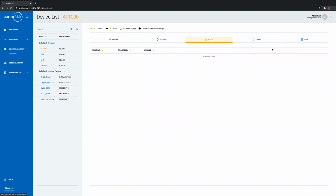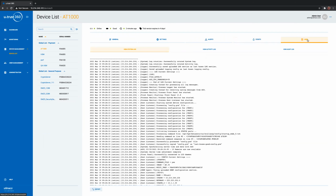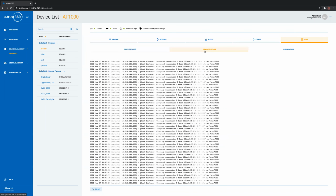Moving on to alerts, if there are any alerts that need your attention, events is where you are trying to fetch if the HSM is online or if it is offline or any of those kind of things. Moving on to the logs, this is the centralized repository of the logs that are being fetched from the HSM. Whatever is going on with the HSMs, we are pulling the system logs, we are pulling the activity logs, which basically talks about the different connections that are being accepted from different clients and so on. And last but not the least is the HSM audit log, which tells you everything that's going on with the HSM and its audit